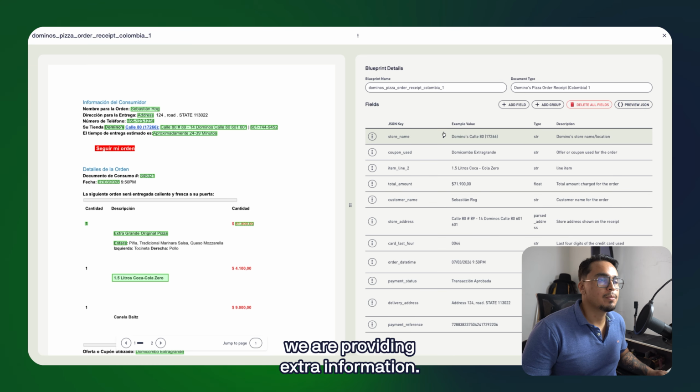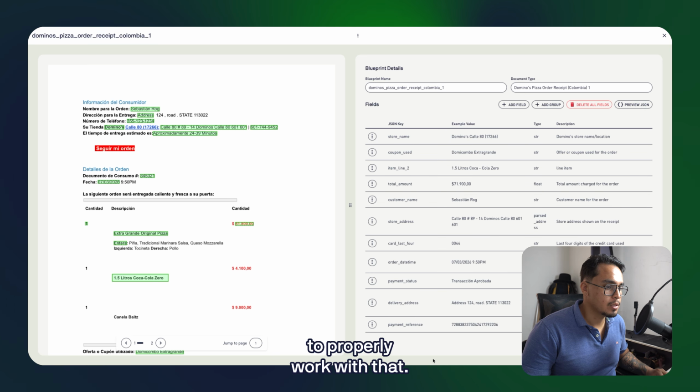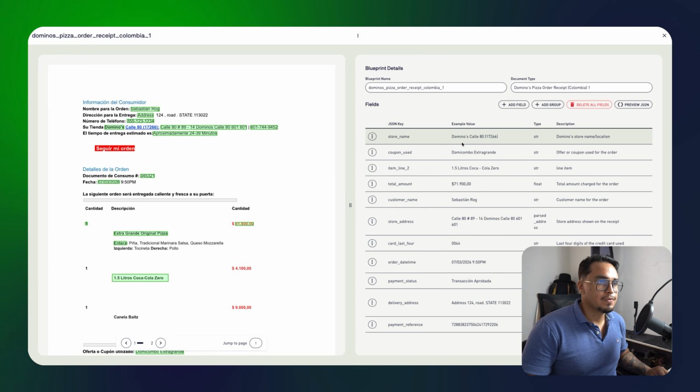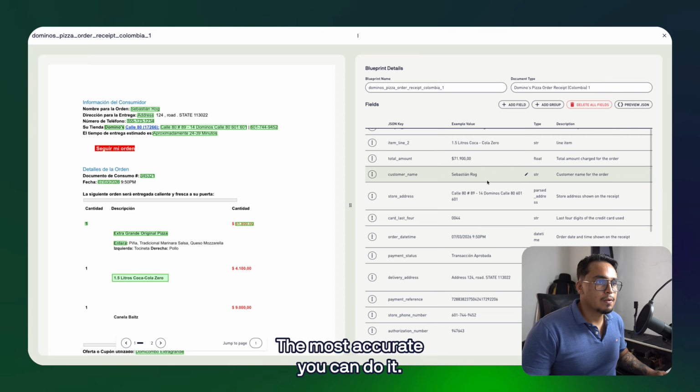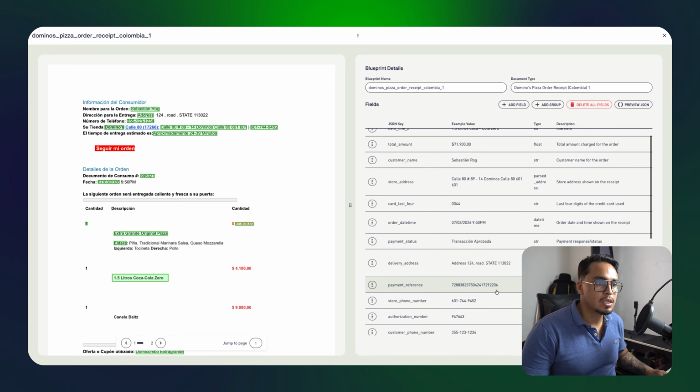Therefore, we are providing extra information. The model needs some guardrails in order to properly work with that. So we have the example and the description. The example is pretty straightforward. The most accurate you can do it, and the less information that you can place there, it's going to be